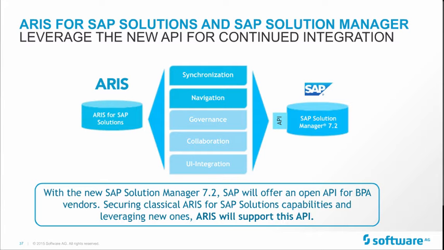But probably also many of you are thinking and assessing right now what it does mean for them in their specific project. So that's where this information comes in. So yes, there will be a new Solution Manager. It's version 7.2. It's already out on the market. And with the Service Pack 3, which will come out basically in the summer, SAP will release an API, an interface that will support basically data exchange between SAP Solution Manager and BPA tools.